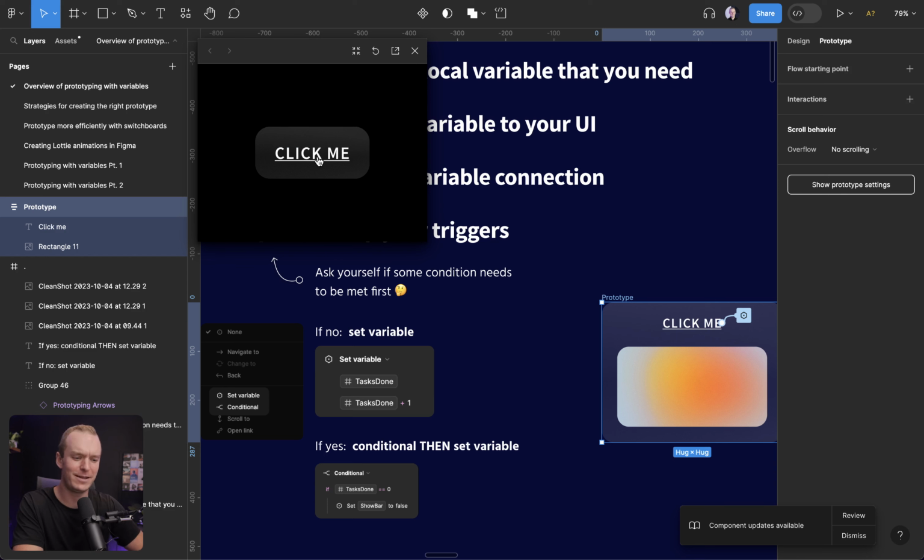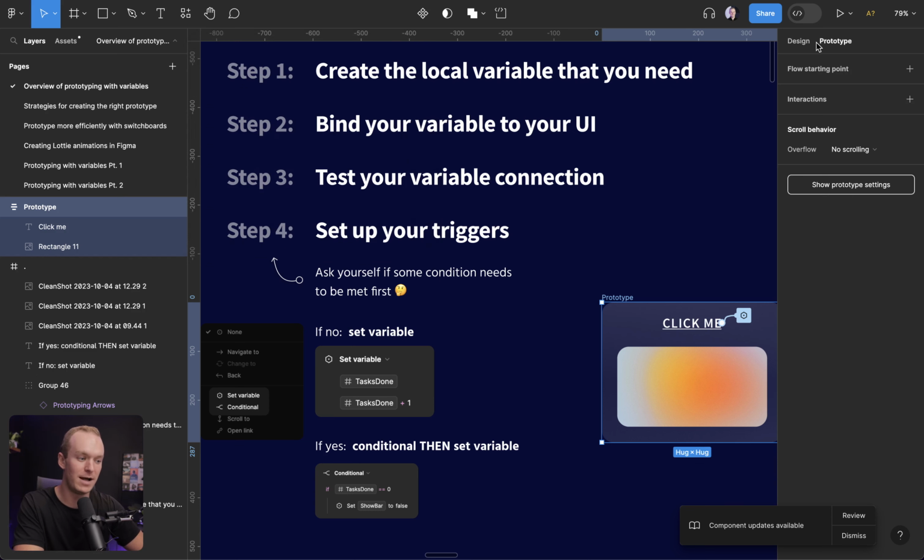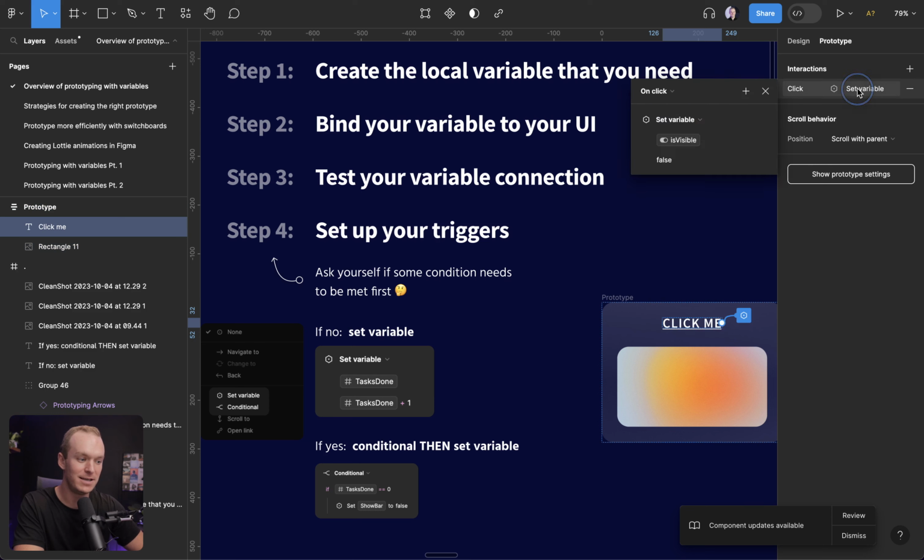Now, what happens if we click it again? Well, nothing, because this is actually a pretty simplistic expression right now. We're only saying, hey, when this is clicked, set it to false. But if it's already false, it's not going to set it back to true. So let's add a little bit more logic to this prototype, because actually what we want is we don't want